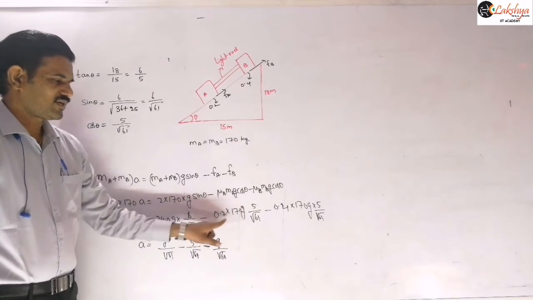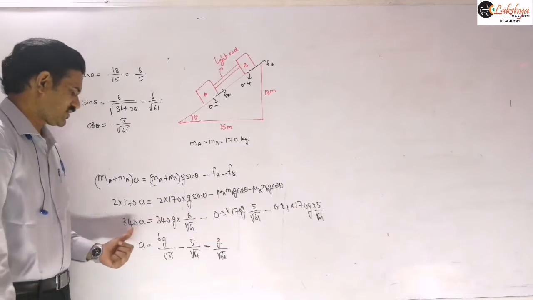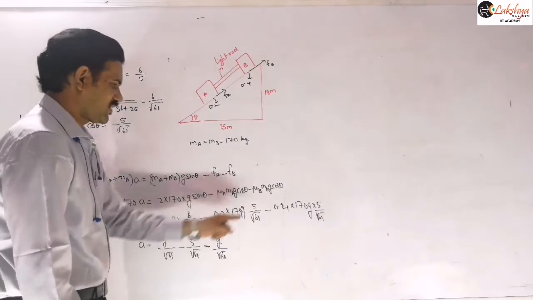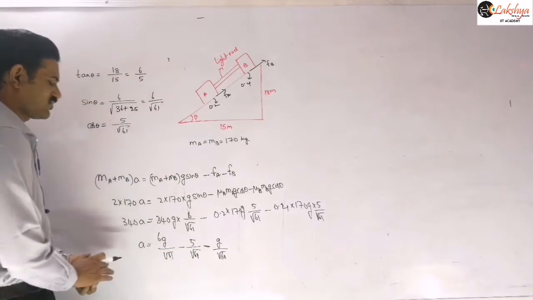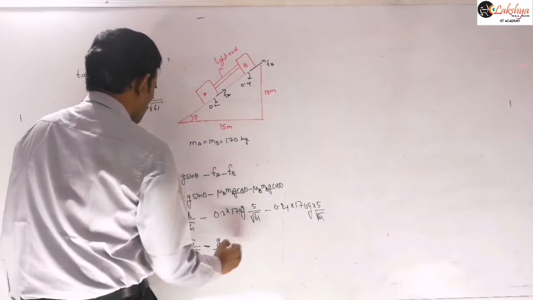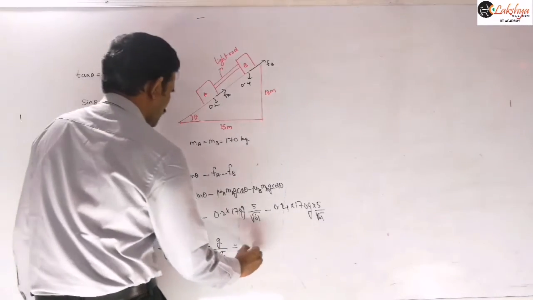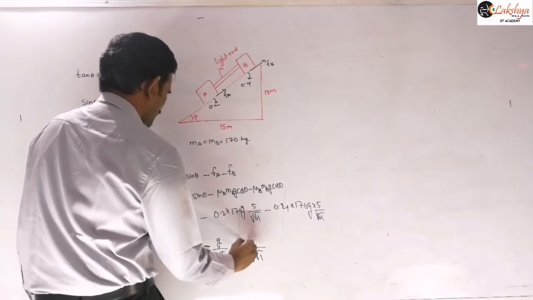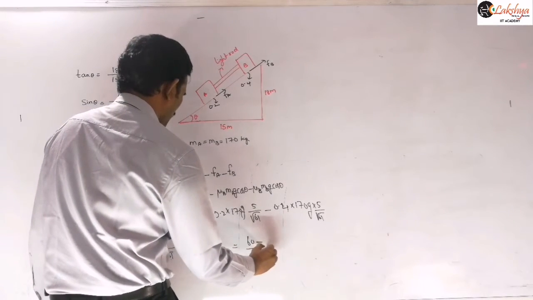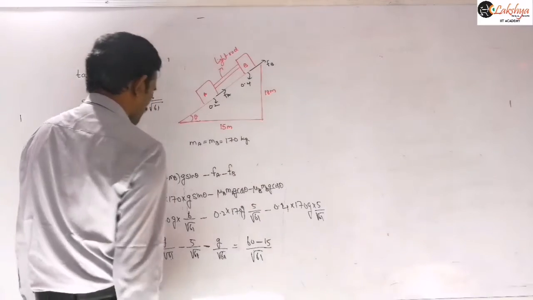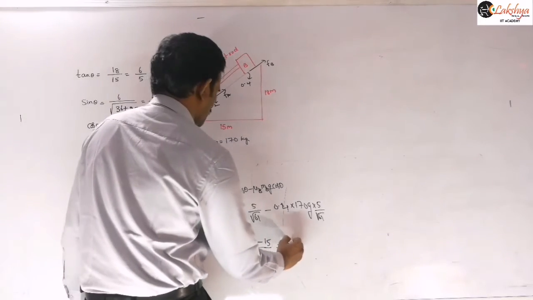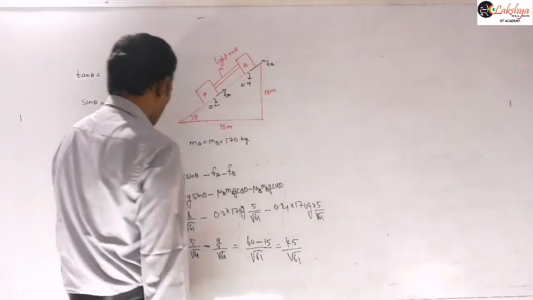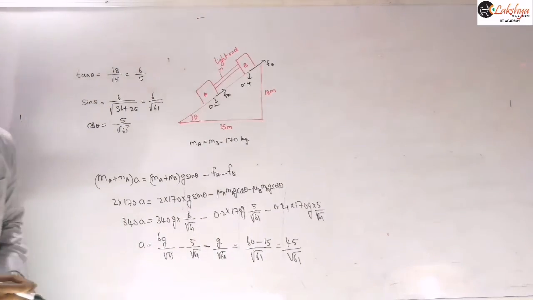and so then this value is 2 you will get, so 2 into that 170, that 340 we are cancelling there, so only this 5 will be there in the middle term, and then these two G values are there, and here also you can substitute that the G value. So then this is root 61 and this is 60 minus 15, right, this is 5 and so it is 45 by, finally this is 45 by root 61, and that is the acceleration of this system here, right?